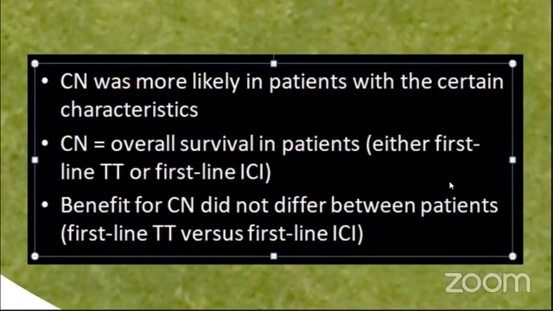On univariate analysis, cytoreductive nephrectomy was associated with improved overall survival in patients treated with either first-line targeted therapy or first-line immune checkpoint inhibitor therapy. Even the multivariable analysis and propensity score analysis demonstrated similar results. The p-value in each analysis was not significant. What is the meaning of that? It is that the amount of benefit for cytoreductive nephrectomy did not differ between patients treated by targeted therapy or by